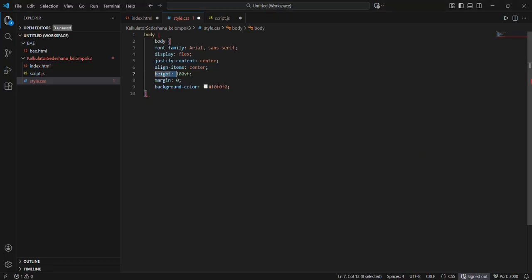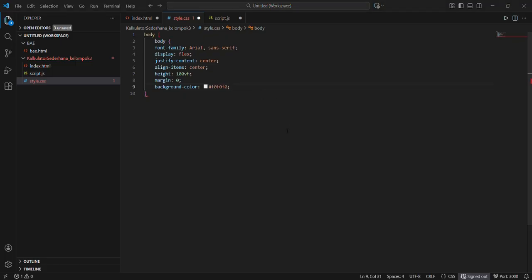Next, this means the body takes up exactly 100% of the viewport height, the full screen height. Next, remove the default margin from the page so it aligns perfectly with the axis. Last, give the page a light gray background to create contrast with the dark calculator box.